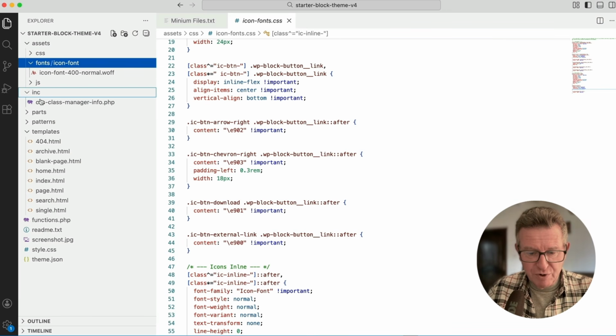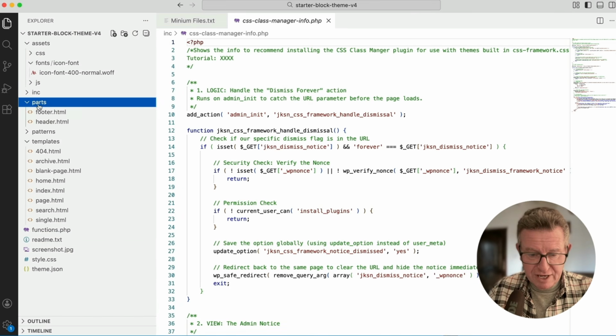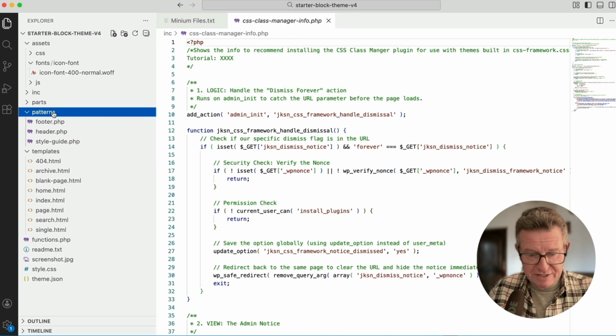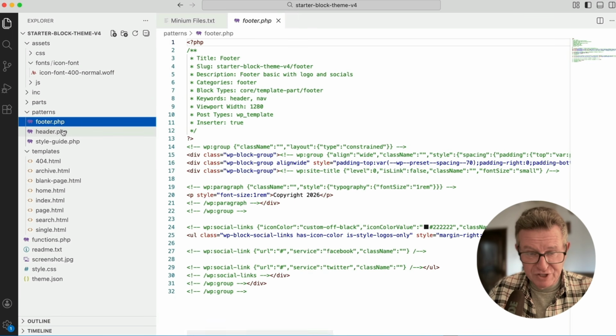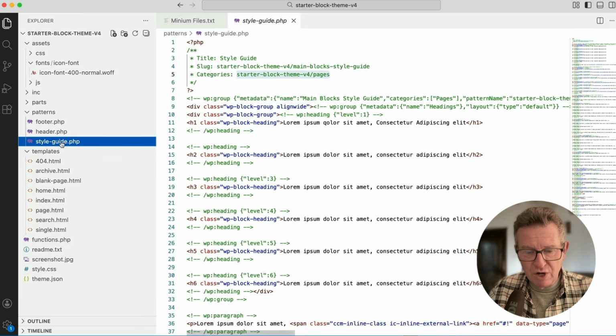There's an include folder, which is just the logic to show the notice to remind you to install the CSS Class Manager plugin. Parts are the same, footer and header, a little tidy up there. Patterns, obviously for the footer and the header. And like I say, this doesn't come with patterns, but I did include this style guide. More about that in a second. So let's go over to the